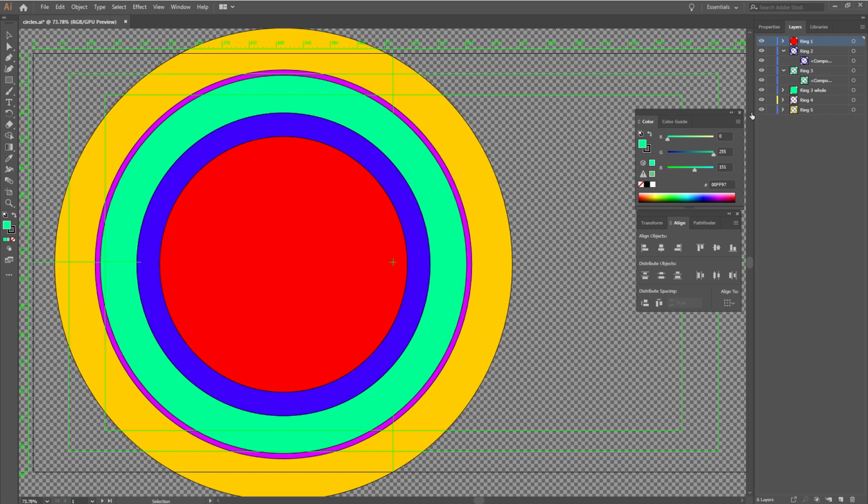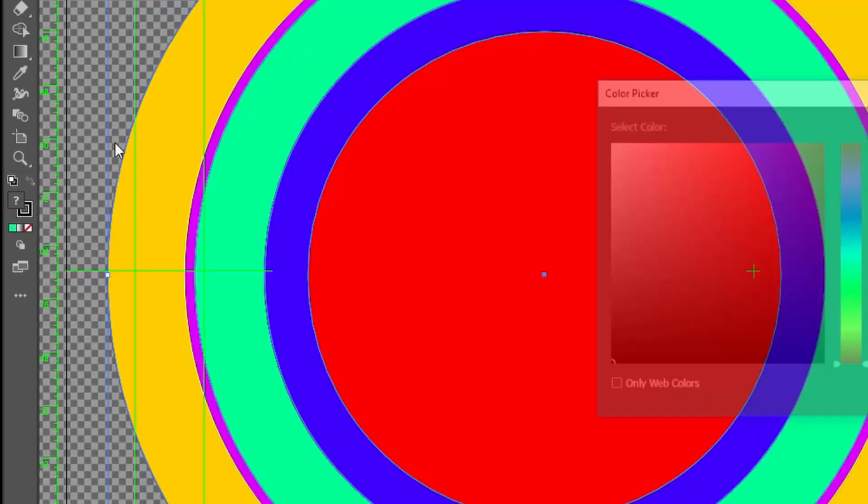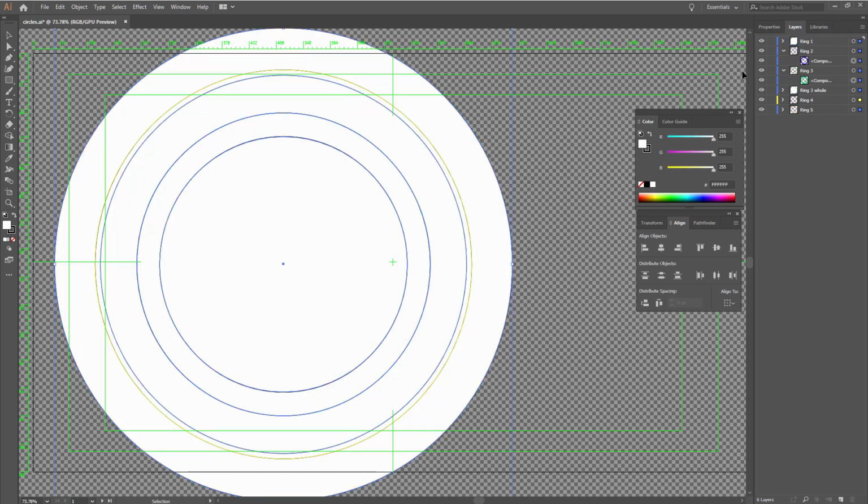All right, so what I'm going to do now is export all of these out so that we can use them in Title Studio. But the first thing I'm going to do is actually just get rid of all the color. I don't want any of the colors here. So I'm just going to select all, Control or Apple A, and I'm going to come down to my colors, my fill, double click, and I'm just going to make this a nice white. There we go. And we'll see why in, I think, part 4, maybe part 5, when we come to texturing these up.